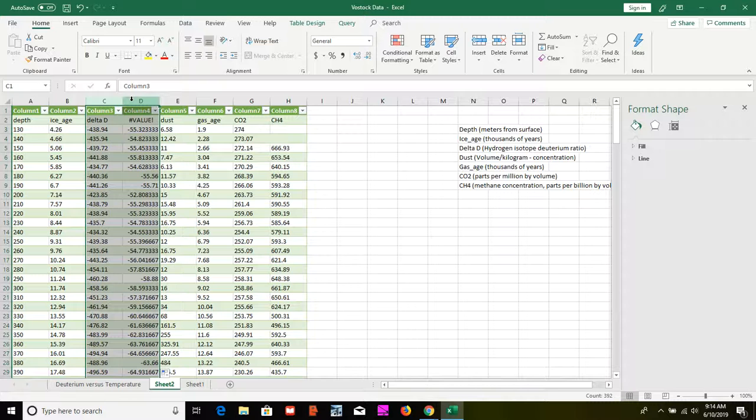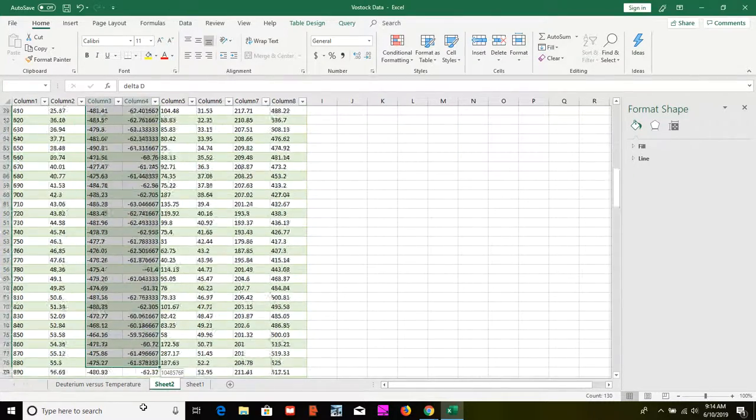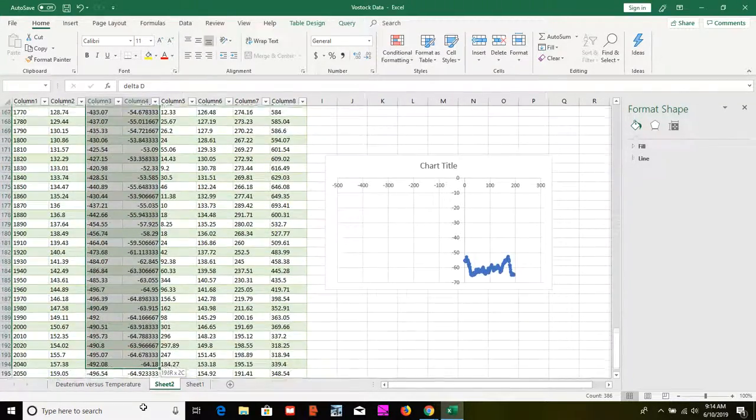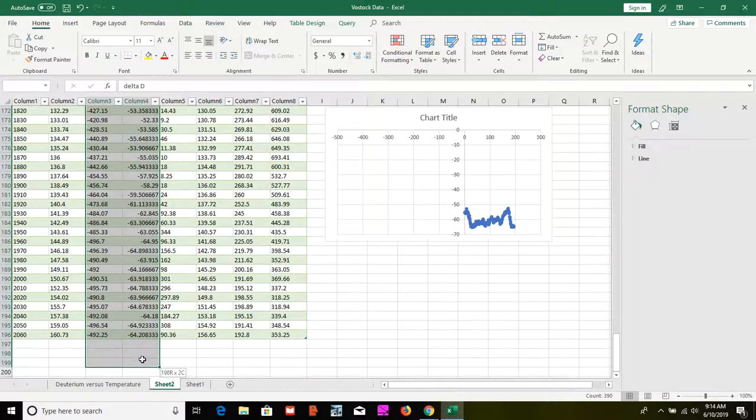I want to plot this data. I want to grab the data first. I'm going to grab both columns here, or even better yet, I'm just going to grab the data itself and drag it down and just grab this. In order to do this,